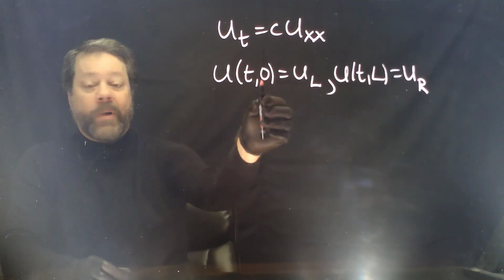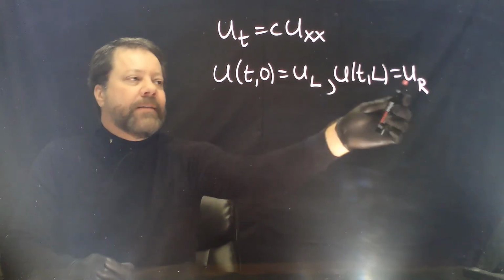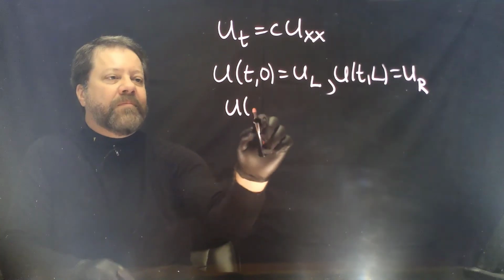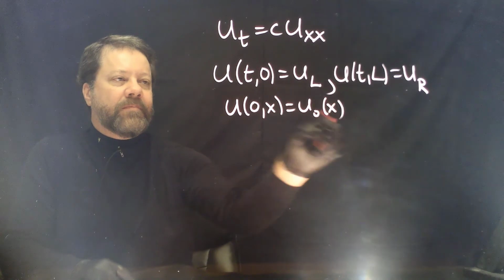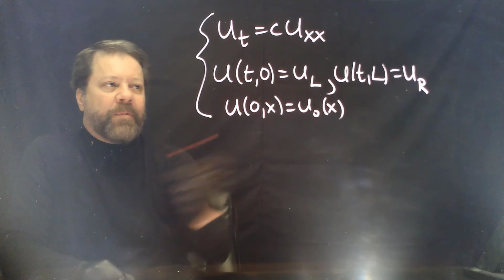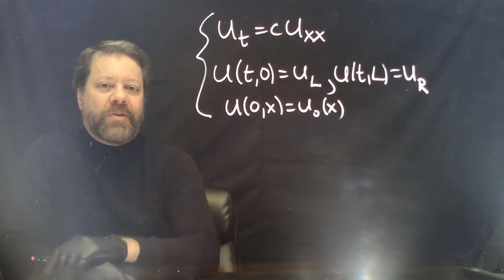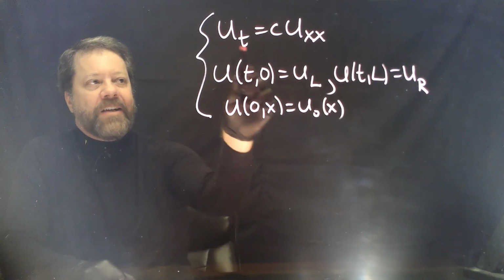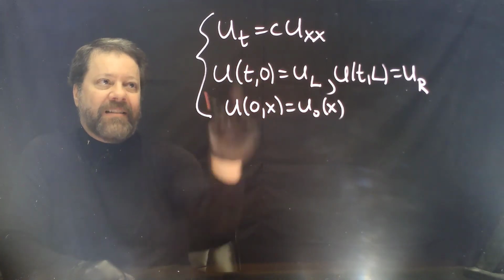At the left-hand endpoint at 0, we have some left temperature. At the right-hand endpoint, when x is equal to L, we have some right temperature. And it turns out the solution to the problem with 0 boundary data will come up in the solution to this problem. First, note that if as t goes to infinity, the solution goes to some steady state, then u_t